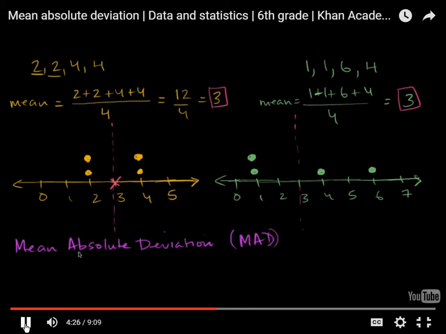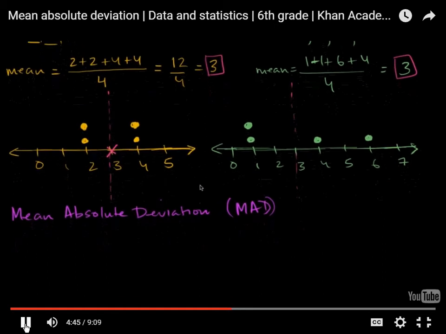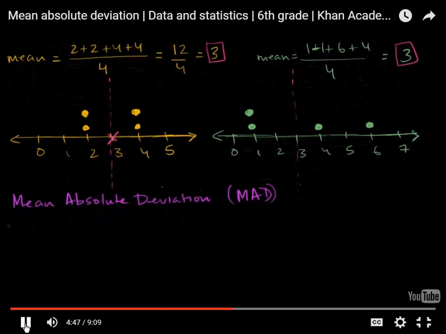All we're talking about is figuring out how much each of these points deviates from the mean, their distance, so absolute deviation, with the absolute value of it. So each of these points at 2 is 1 away from the mean. Doesn't matter if they're less or more, they're 1 away from the mean. And then we find the mean of all of the deviations. So what does that mean? I'm using the word mean a little bit too much. So let's figure out the mean absolute deviation of this first data set.